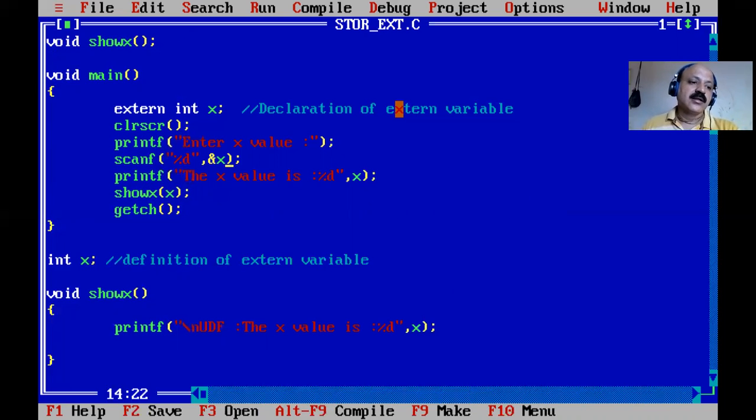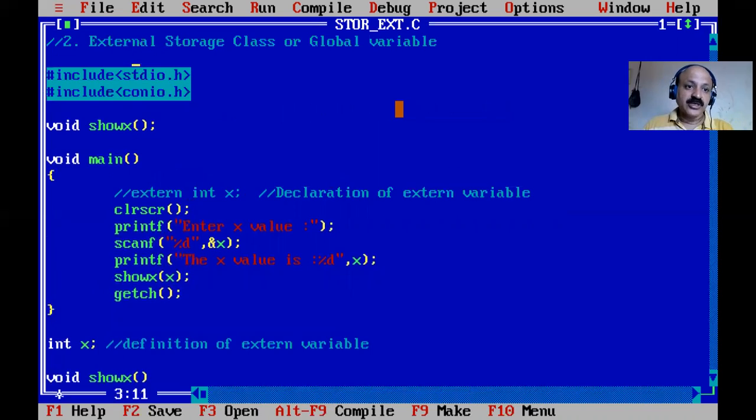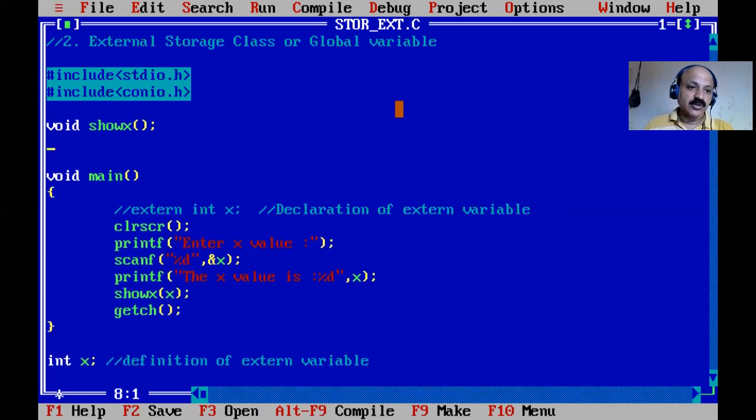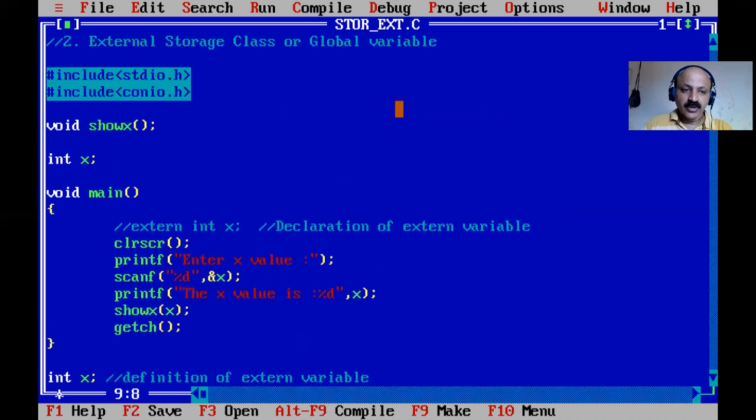So the life cycle is the entire program, and the extern keyword is a global declaration within the function. Here you can also declare it with the extern keyword. If I comment this line, let us check how to declare. Our one section is remaining, that is the definition. Here is the global declaration section, and I declare it there, which is also global.